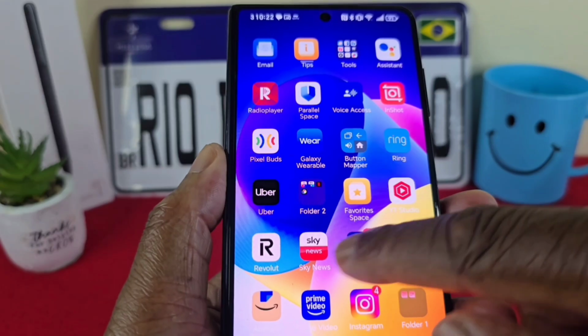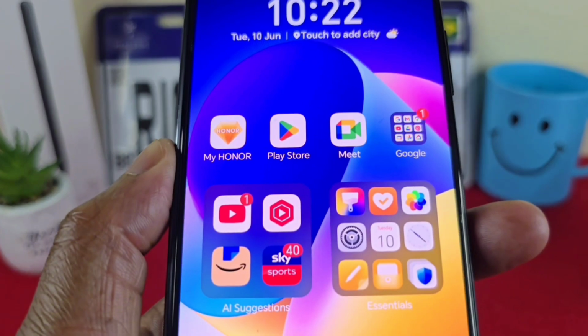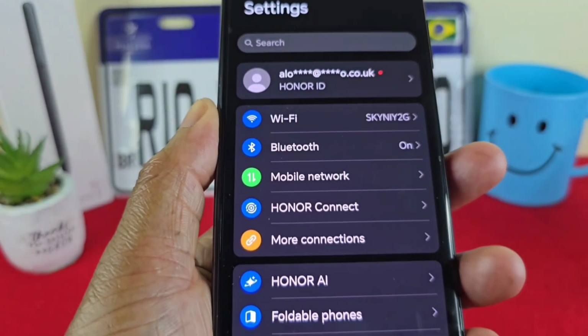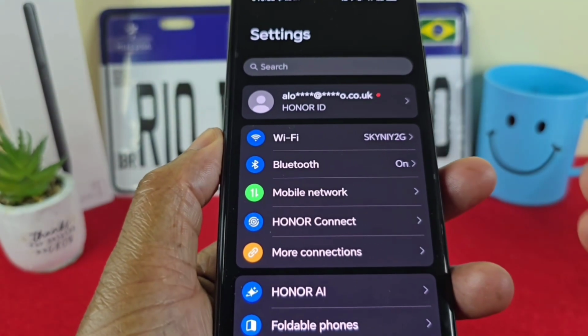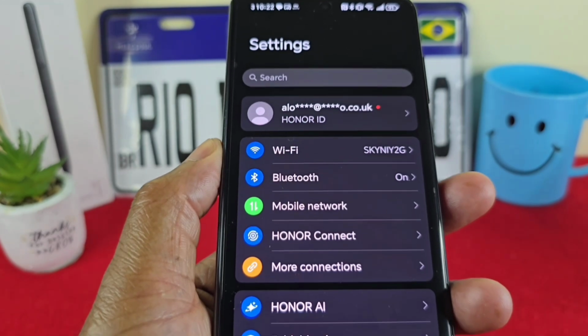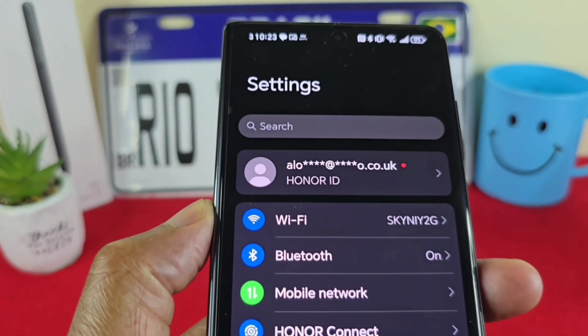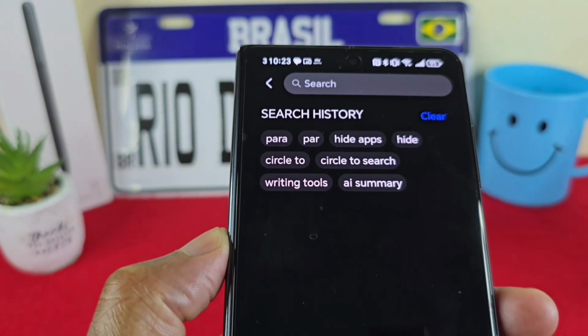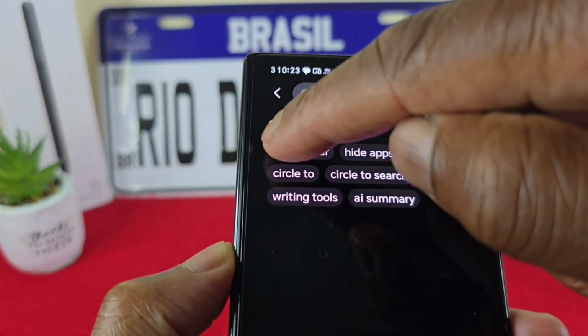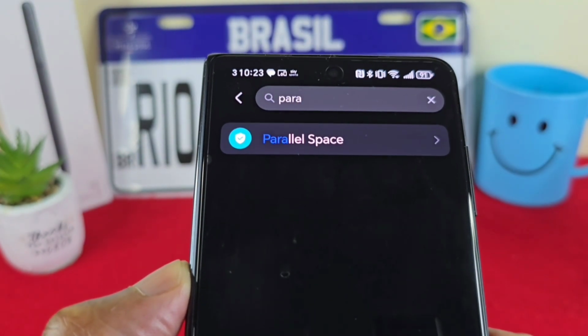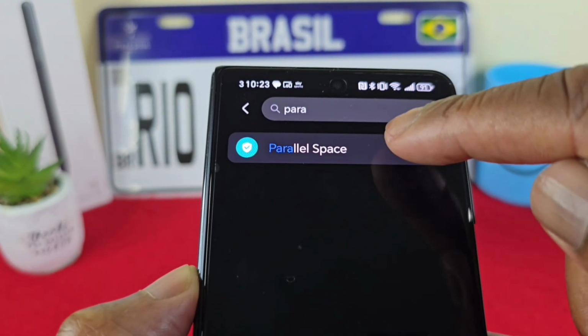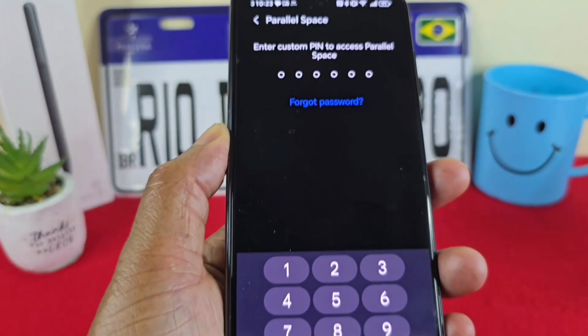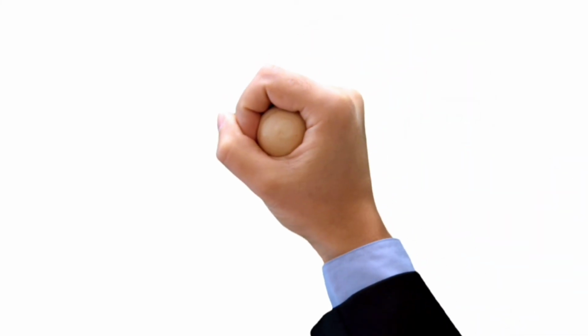Okay, so the other option is to go in the settings menu, and even within this there are two ways of doing this. I'm going to show you the quick option, and that's just to go in the search bar here. So if you just tap the first few letters, there you go, you get the parallel space. Now if I just select it here, and then put my pin in, okay,